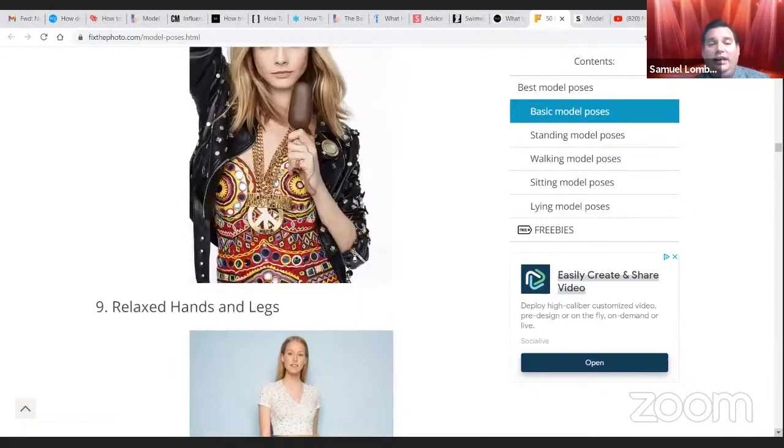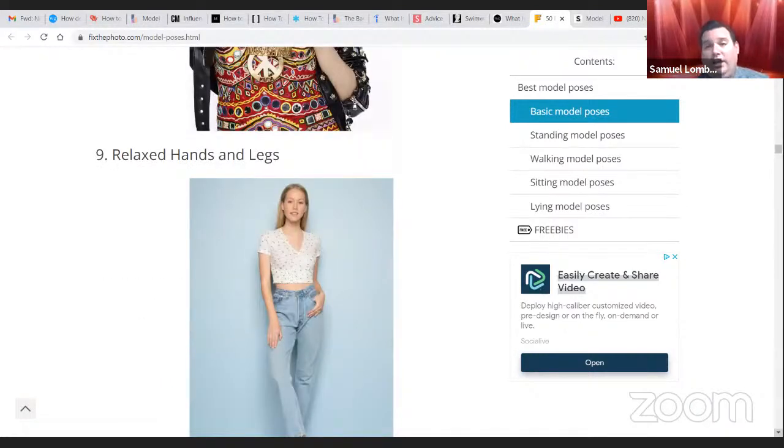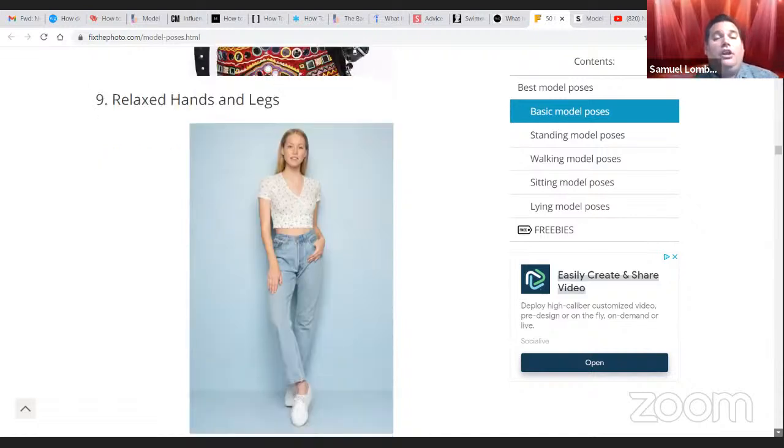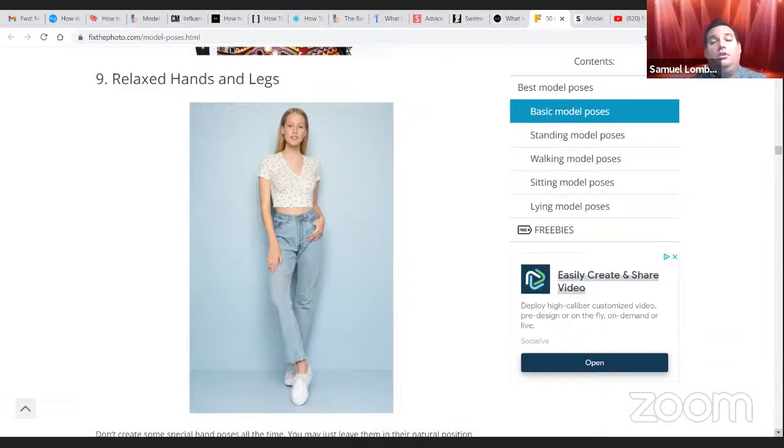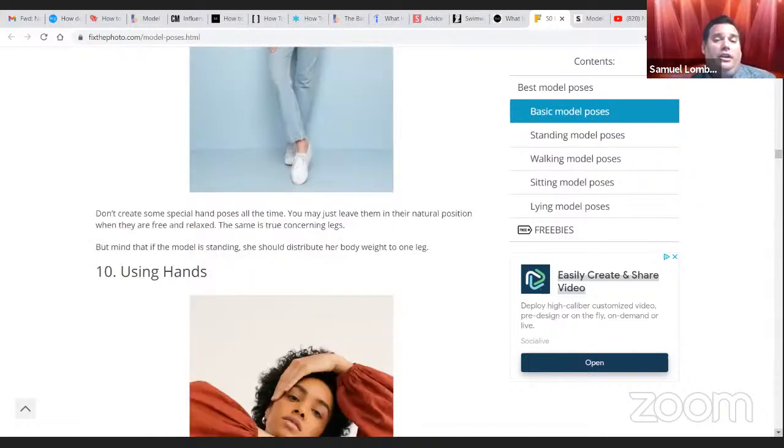Relaxed hands and legs. Now, this is the simple one, okay? I'm giving you the simple ones to work on first. In this case, she's standing straight and tall. She has one hand that is about, I want to say, 8 inches from the knee, while the same leg that hand is on is crossed over in front of the other leg, with the other leg sticking pretty much straight up, and you have the thumb in the pocket with the rest of the hand just relaxing there at the thighs, okay? That is one position. Then you have